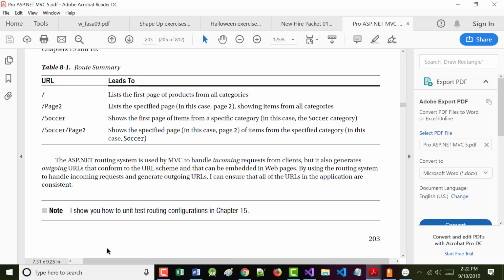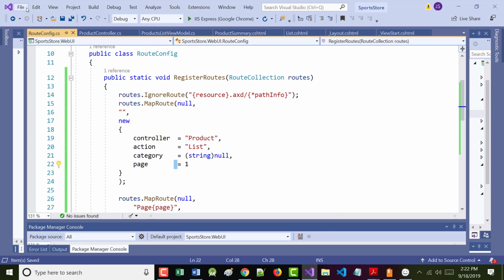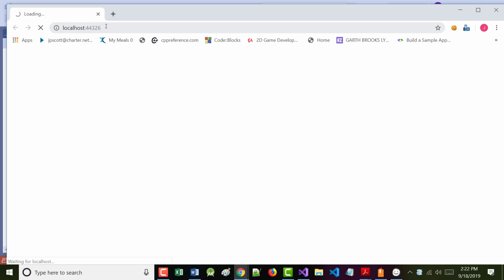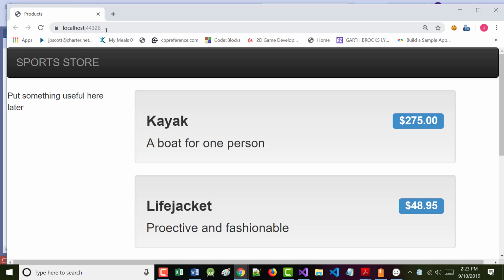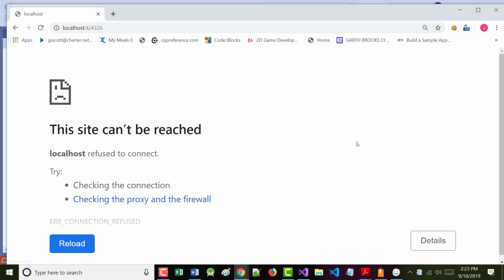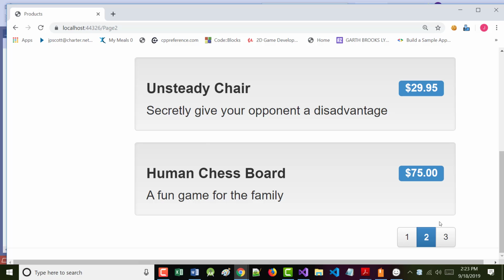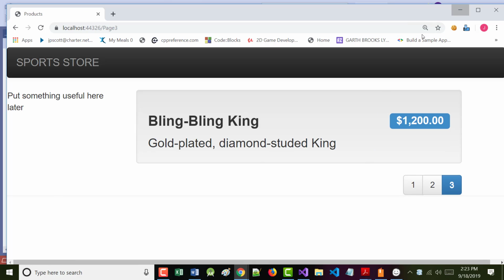If you put in just a slash, it should list the first page of the products from all categories. Let's try these. All right. So I'm going to do a file, save all, and I'm going to run this. Having this show on the screen right here is the same thing as if I had a slash here. It won't matter. So it should show me all 9 products. Whoops. No, it didn't like something. Maybe it didn't like the slash. I don't know. But the point is, there are all 9 of my products. So that looks like a decent start.